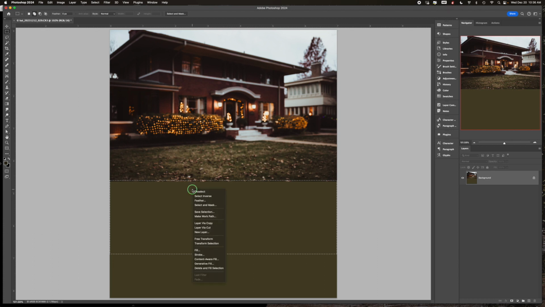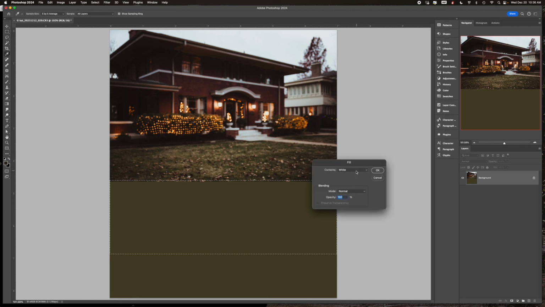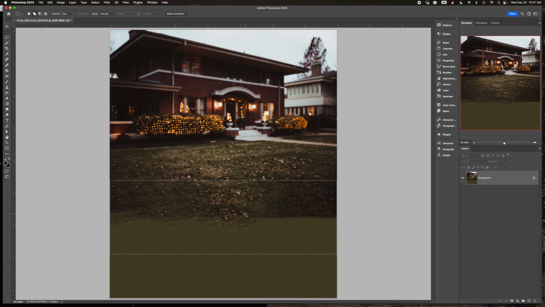And then I'm going to right click on my mouse and I'm going to say fill. And then for the contents, I'm going to choose content aware. And we'll use the color adaptation. That's the default. I'll keep that checked. And I'm going to say OK. And let's see what happens. It takes just a minute to crank through that. Okay,